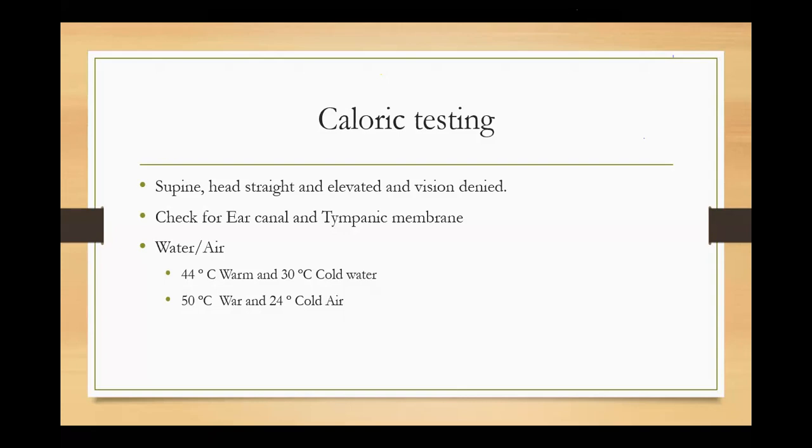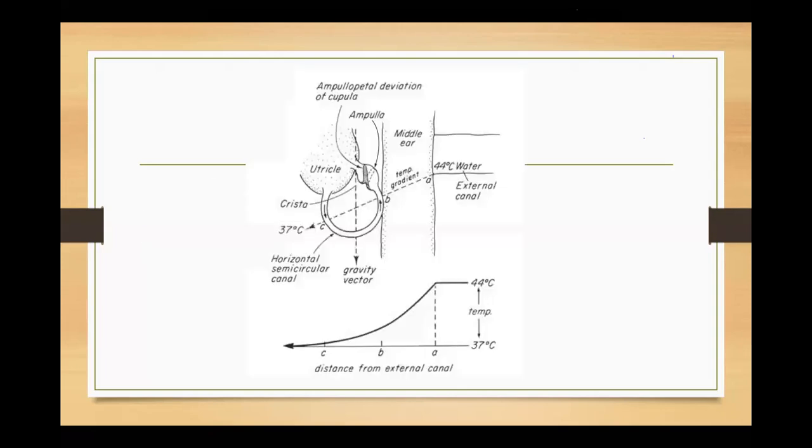Okay, fine. So the difference between the water and the air will be 6 degrees. If you're using 44 degrees warm for the water, we will use 50 degrees Celsius as warm air. And if it's 30-degree cold water, then we have to use 24 degrees Celsius, which is 6 degrees lesser cold air. Okay, why? Because you can see here,